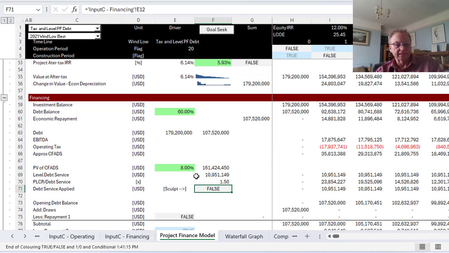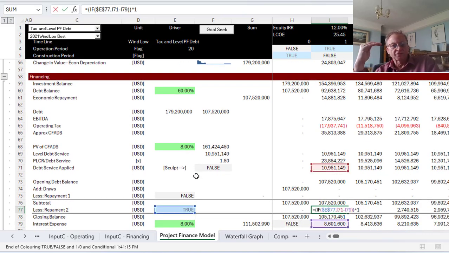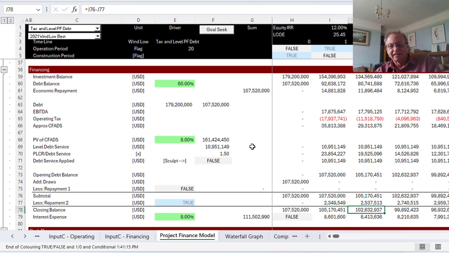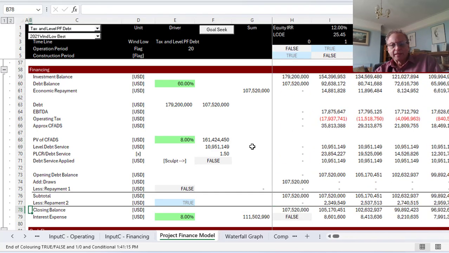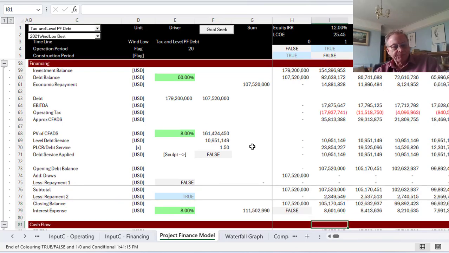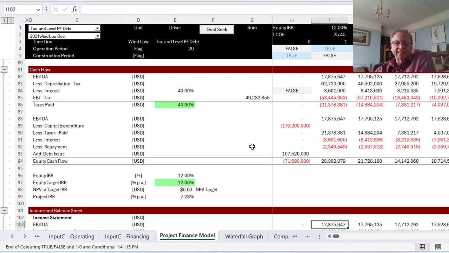So this time, I put the repayments in a different thing. The repayments are the total debt service minus the interest, and I would always use the opening balance for the interest so we don't have a circular reference, and this is a little true and false for saying, which repayment are we going to apply? Almost too complicated, isn't it? Not really, it's not that complicated. And we should make a little test to make sure that the debt balance goes down to 0. And when we do all of that, we go downstairs, and this time